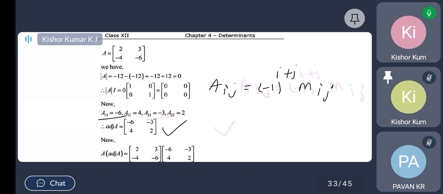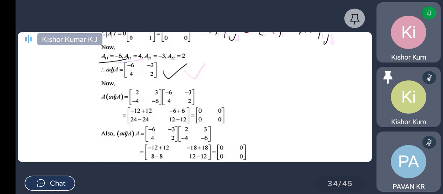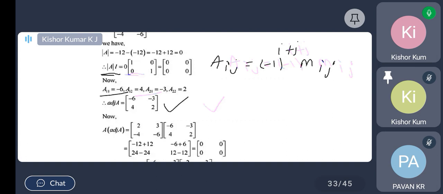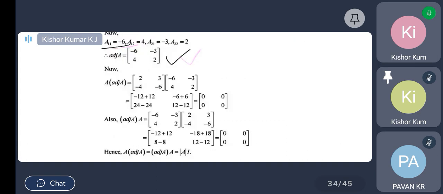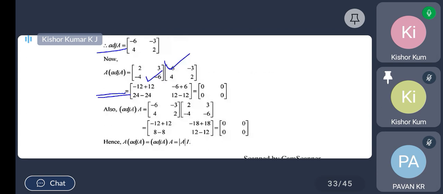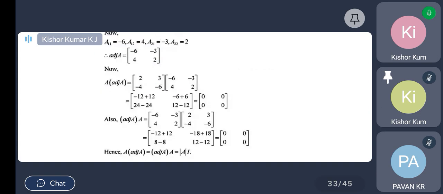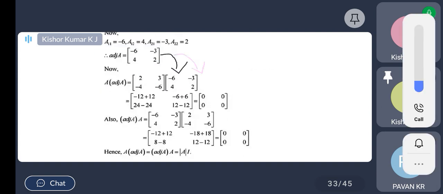to solve our problem. So now I am going to consider one by one equation. To prove, determinant of A into I we will get as 0. So only we have to find A into adjoint A and adjoint A into A. For that I have considered first A into adjoint of A. I have taken the matrix A and also here we have the adjoint A value now. So that value I will keep here. That is the adjoint of A.